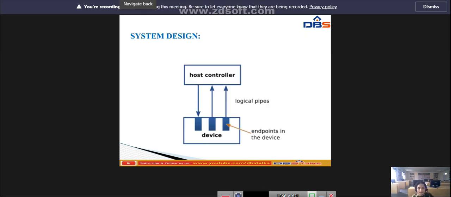Here, a USB host may implement multiple host controllers, and each host controller may provide one or more USB ports. Up to 127 devices, including hub devices if present, may be connected to a single host controller. USB devices are linked in series through hubs. One hub built into the host controller is the root hub.